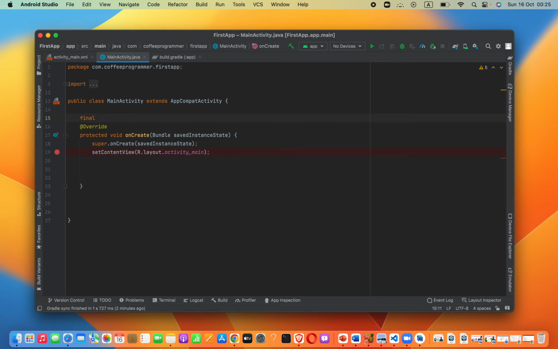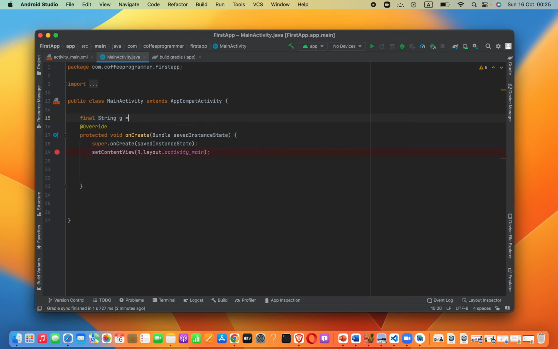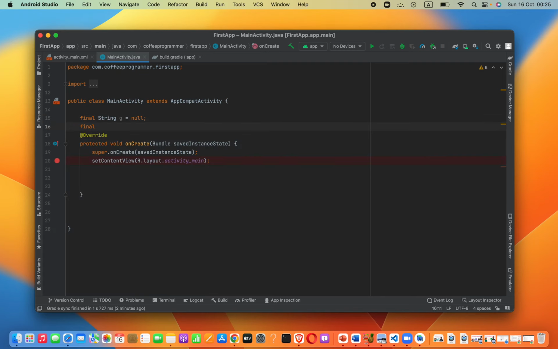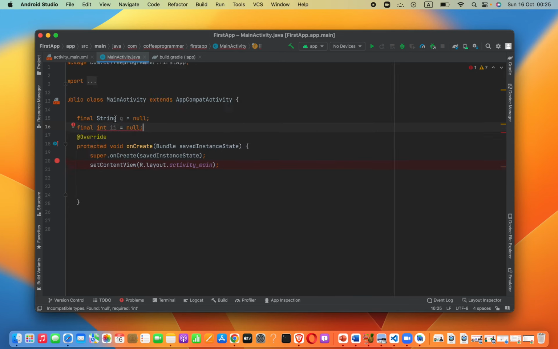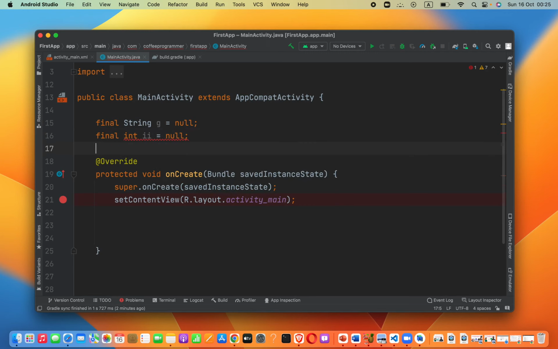Like in Java, we say String and some variable name equals null, right? Now when it comes to int, this is a primitive type of integer and we cannot set this equal to null. Here it shows us an error, but when we declare a non-primitive type of